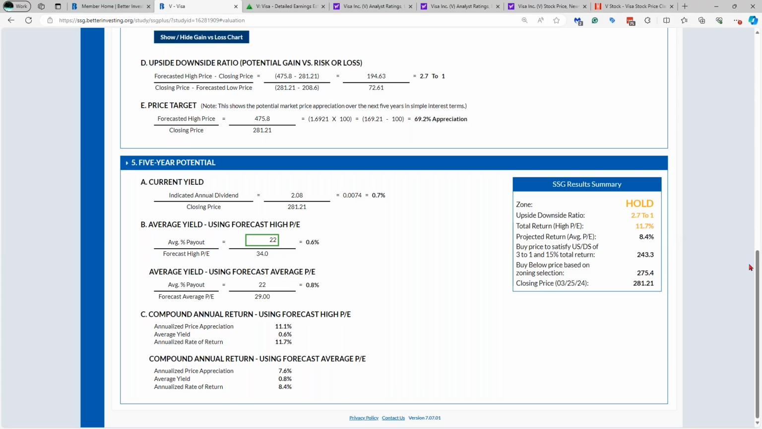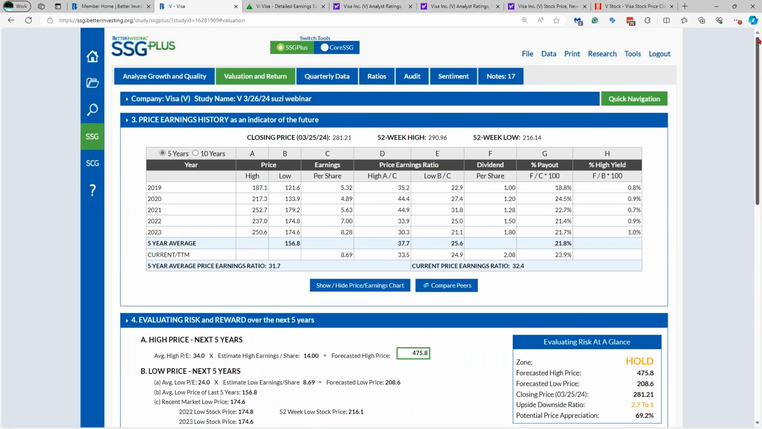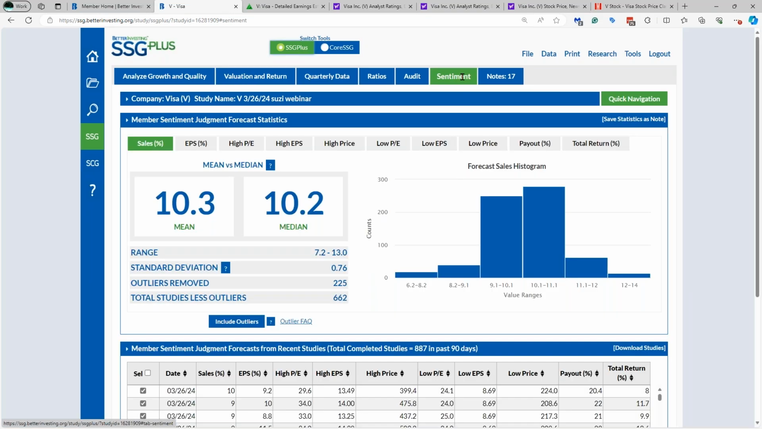And with that, I noticed that there was a question about member sentiment. And do I use them? This is the point that I use member sentiment. I check my work against the community, and the sentiment tab is up here in green. And I'll look at sales growth rates. So remember, I picked 9 out of